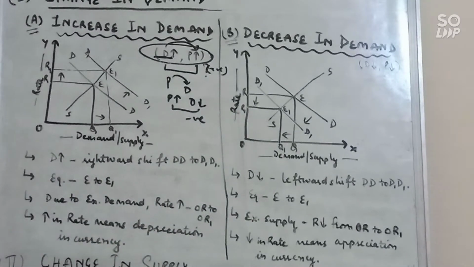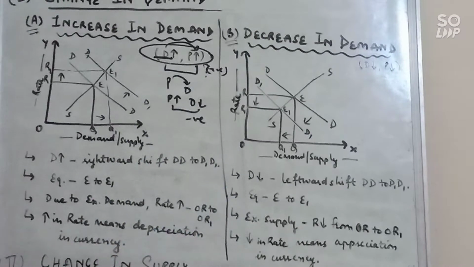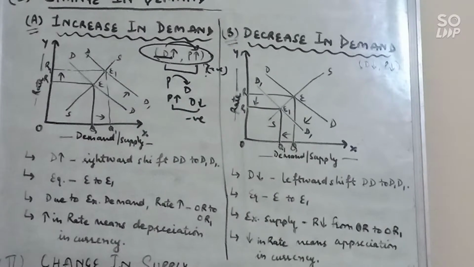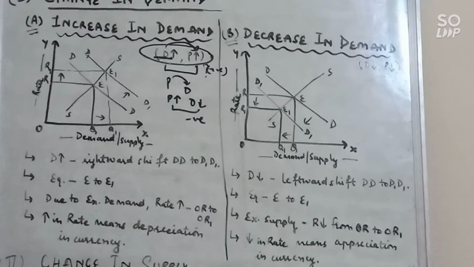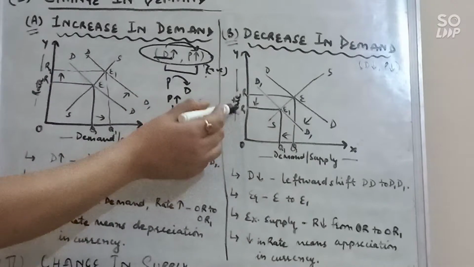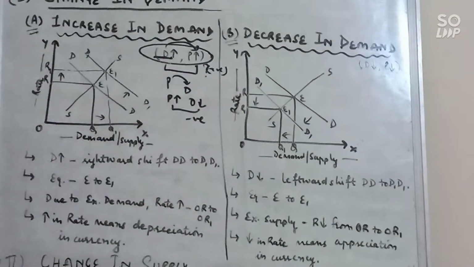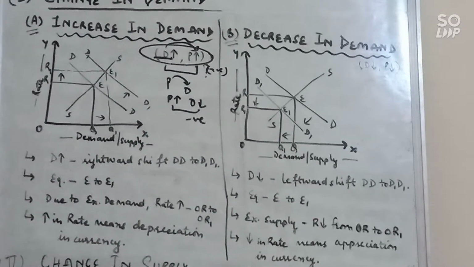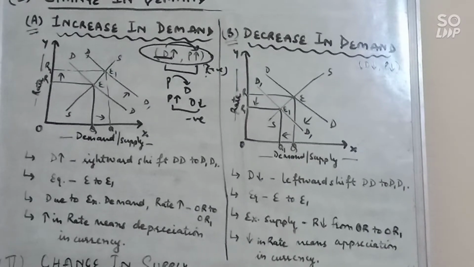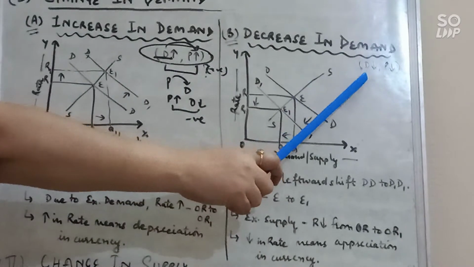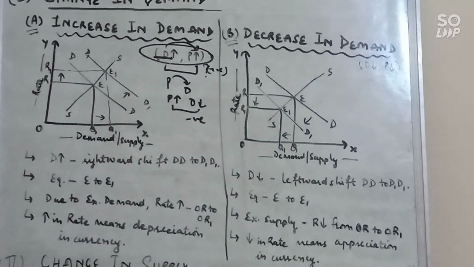Decrease in demand shows that there is less demand and more supply. So there is a problem of excess supply. With the problem of excess supply, rates will decrease because to increase the demand, we will increase the rate. So rate decreases from OR to OR1. There is decrease in rates, and quantity will also reduce. And decreasing rate shows appreciation in the currency. It means there is increase in the value of domestic currency in terms of foreign currency. So in a nutshell, if demand will decrease, rate will also decrease. So it shows the cost relation.